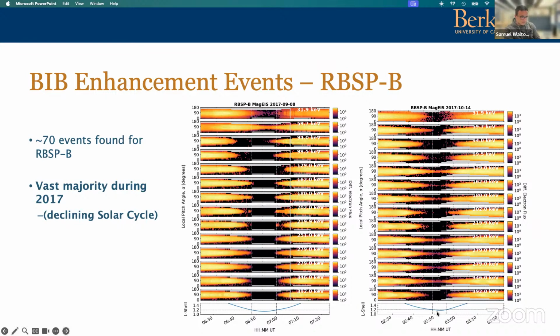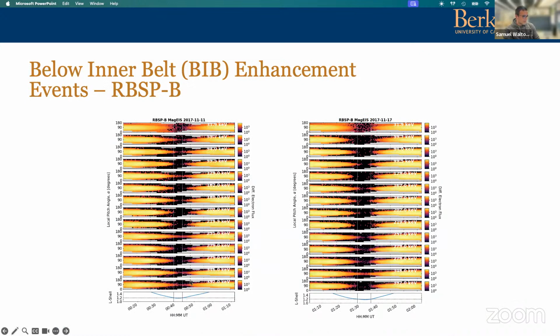You can see from the L shell plot, marginally below, but that's one thing we genuinely didn't expect to observe: electrons being dead at some lower energies, nothing there, and then at higher energies very clear signs of either injection or transport or whatever it might be. Here's another example. This one goes up to 400 keV. Even though there's not much going on at the lower energies, there's a clear sign of almost 400 keV electrons below the inner radiation belt, or below L of 1.2, because the definition can be subjective.